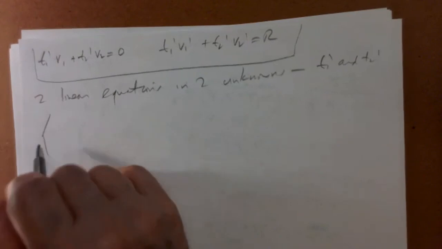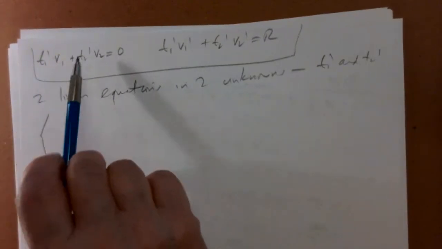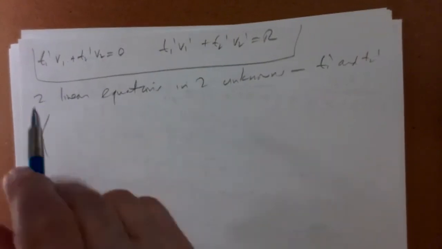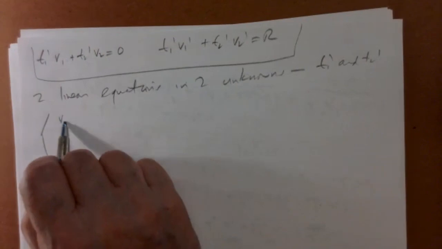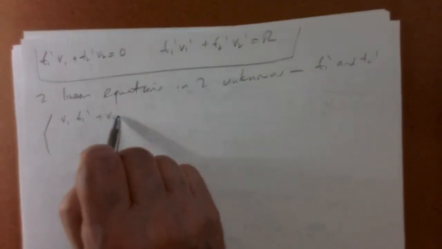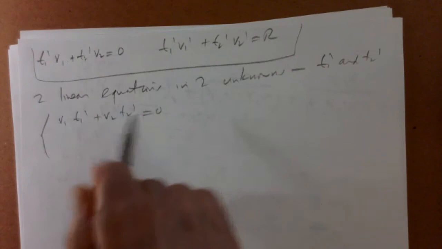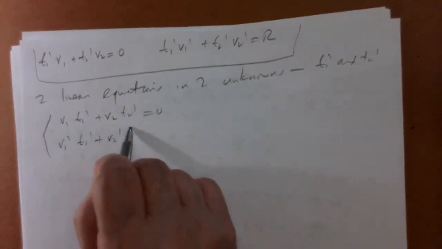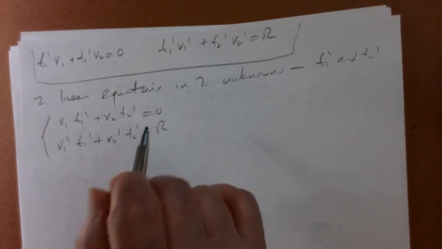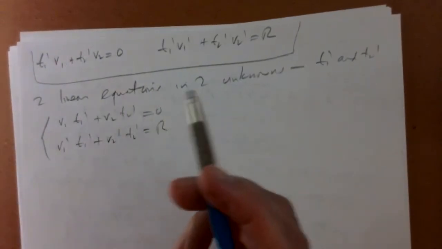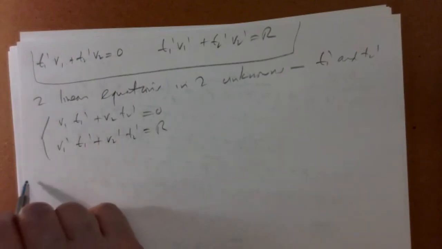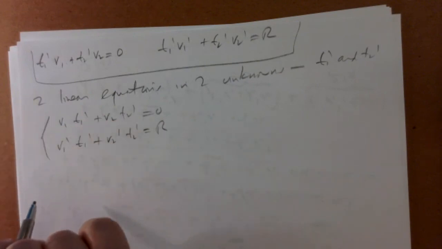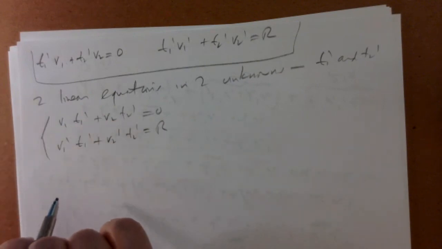So let me just write this the way you usually write two equations and two unknowns. Remember, V1 and V2 we know. V1 and V2 are the solutions of the homogeneous equation. So V1 times T1 prime plus V2 times T2 prime equals 0. V1 prime times T1 prime plus V2 prime times T2 prime equals R. So you solve two equations and two unknowns. You can use Cramer's rule or any way you ever learned to solve two